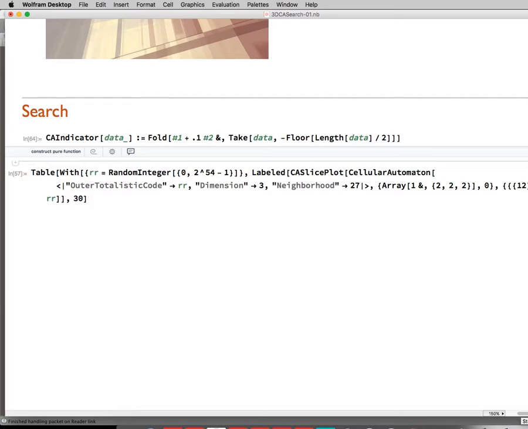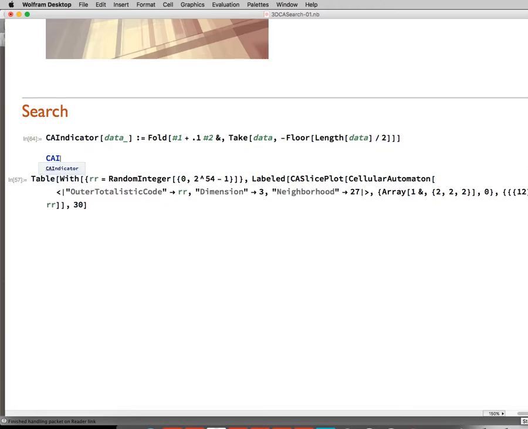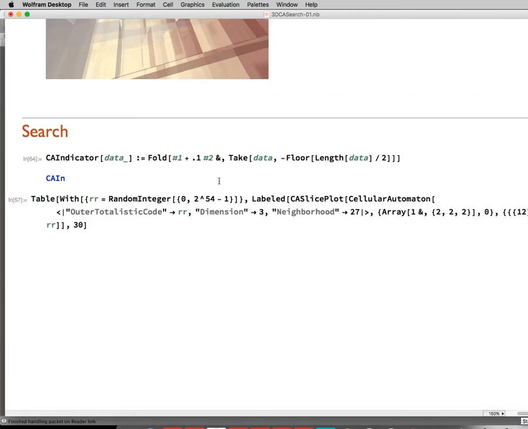Okay, so what we want to do here is search a whole bunch of rules and find ones for which the CA indicator is, so if I take a cellular automaton here,